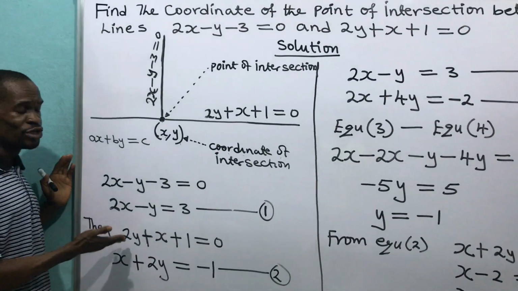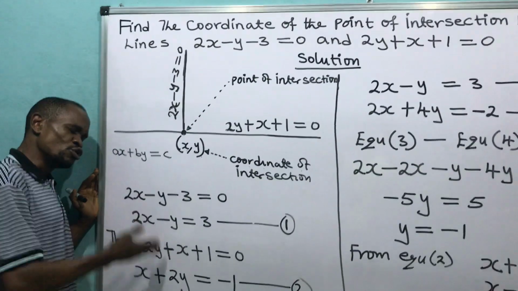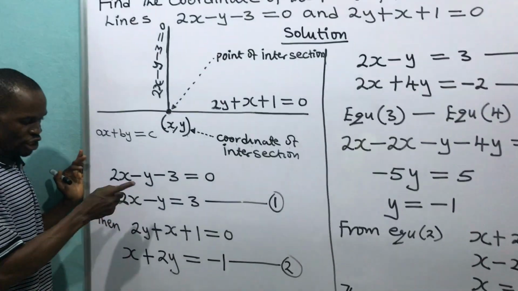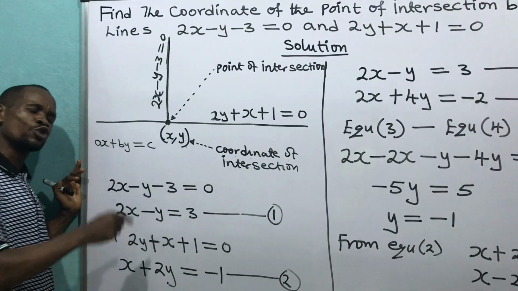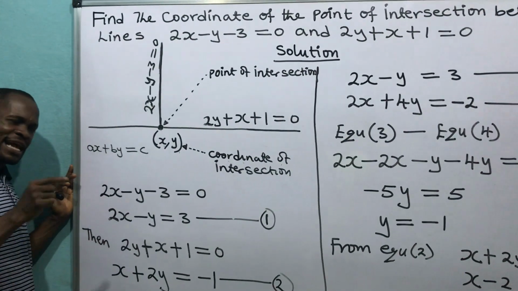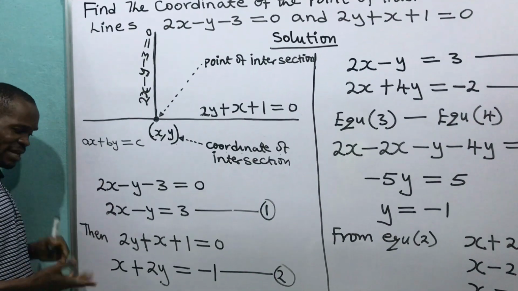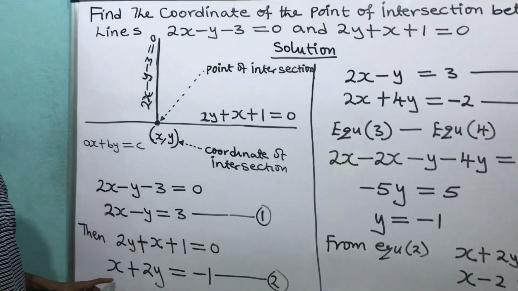So I'm going to use elimination. I'm going to use the elimination method in solving this simultaneous equation. Equation 1 and equation 2, I want to use the elimination method. Now, for me to eliminate, assuming that I want to eliminate x,